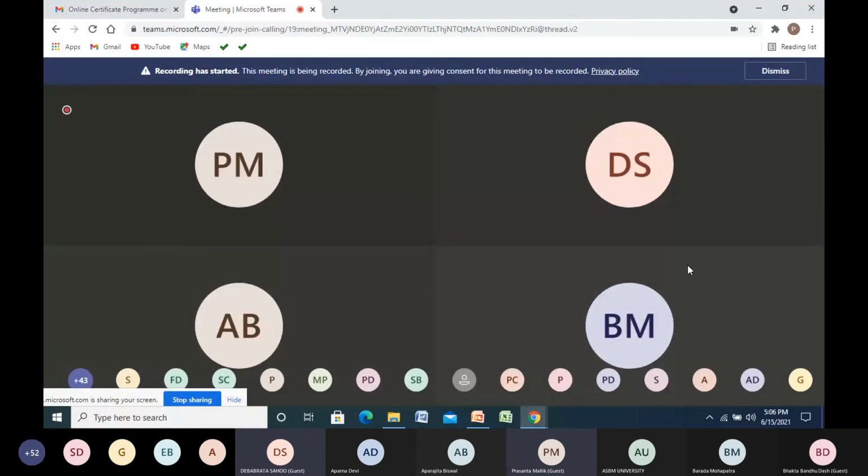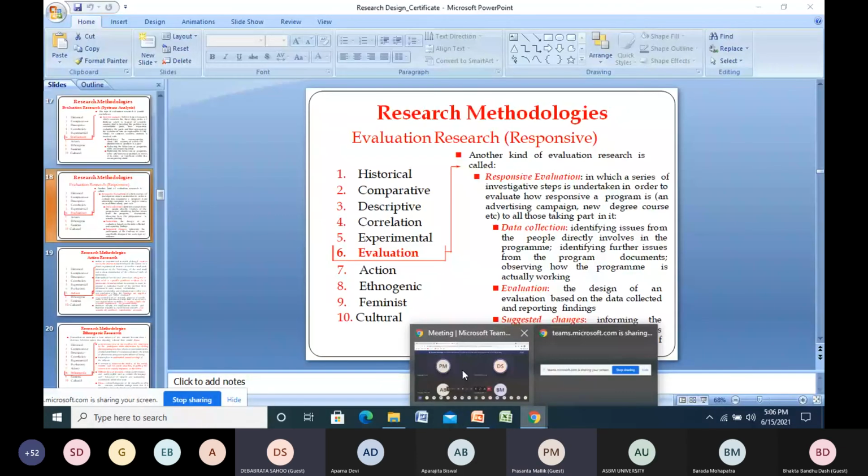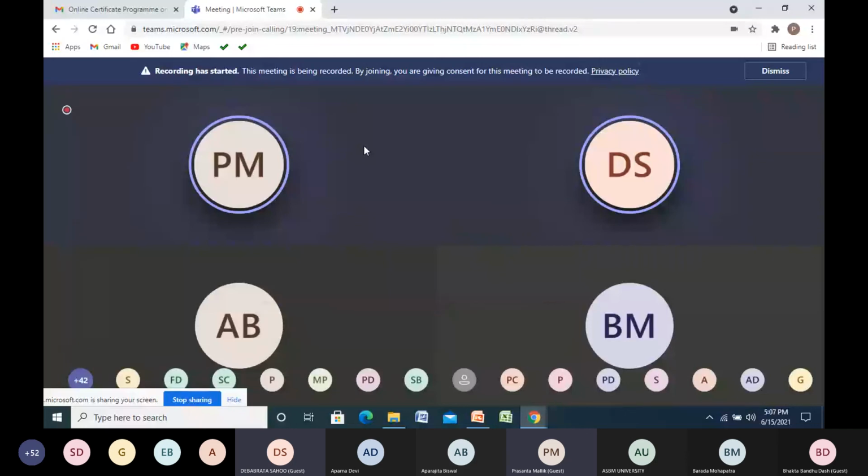Sir, it is slightly out of context, but I think it's related to this. Let us say you have developed a model in your research work by using some kind of methodology. Can I contradict your research? Can it be called a research? Let us say I contradict the model that you have developed using this methodology, saying it is wrong. So can I contradict? Can this be a research?